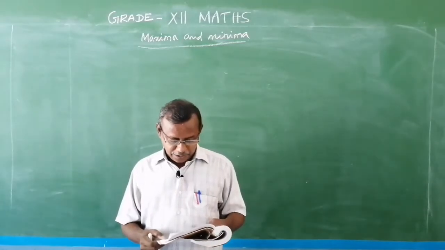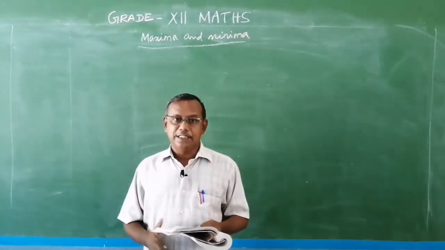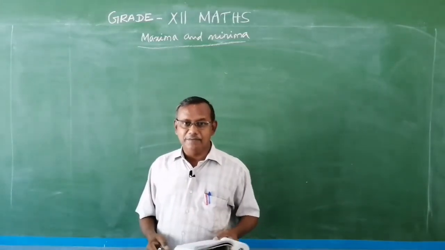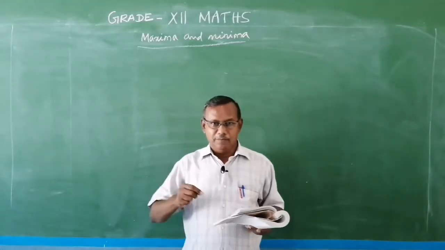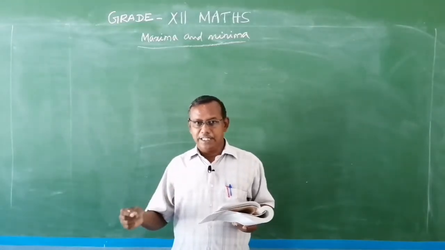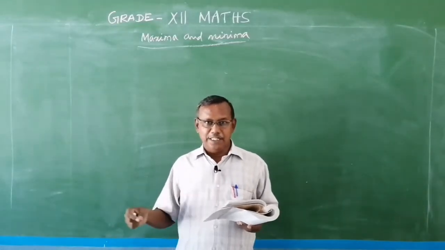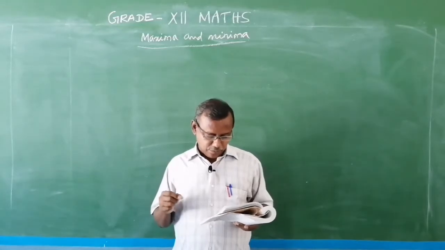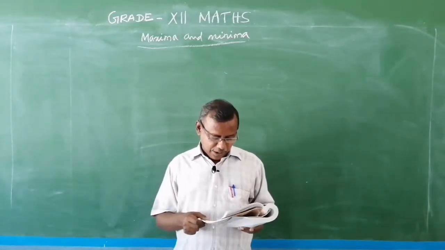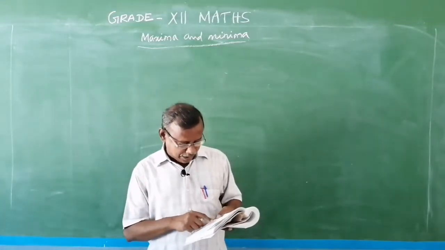Now, based on this test, let f be a function defined on an open interval I, and f be continuous at a critical point C in I. The critical point is where the derivative is 0 for some value of x, let x equal C. At f of C, the derivative is 0, that is f dash of C equal to 0. Then there are 3 points given.